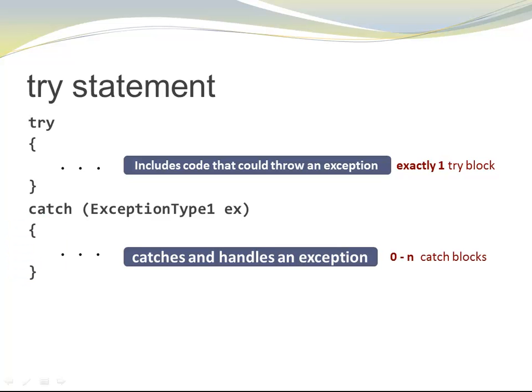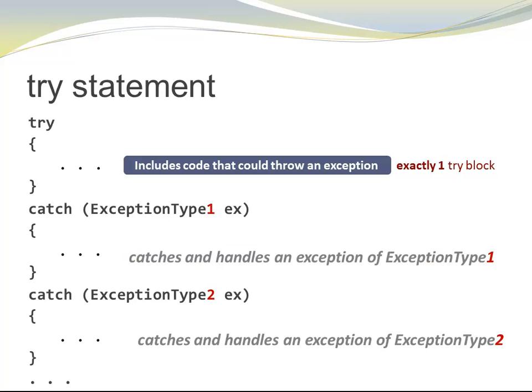There can be 0 to n catch blocks in a try statement. Here, for example, we have 2. Let's assume again we have in our try block a code statement that throws an exception. We're going to compare it to exception type 1, but it is not of exception type 1. Then we move on to the next catch block. We compare it to exception type 2. If it happens to be of exception type 2, great, we're going to use this code block right here to handle the exception. If not, we are looking whether there's yet another catch block, maybe a catch block with exception